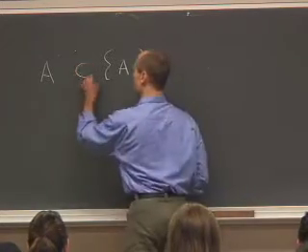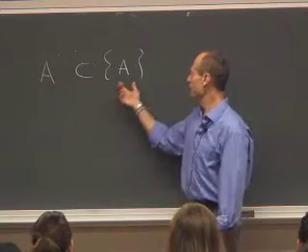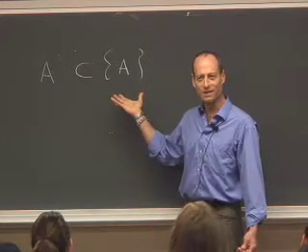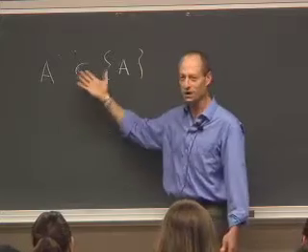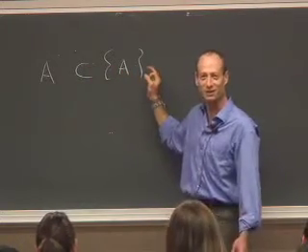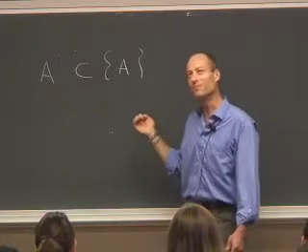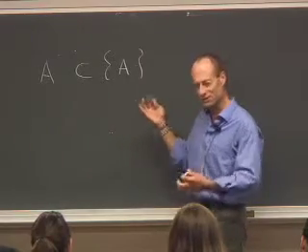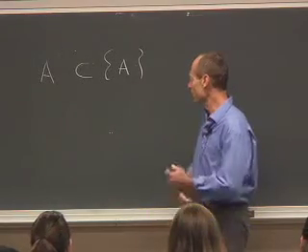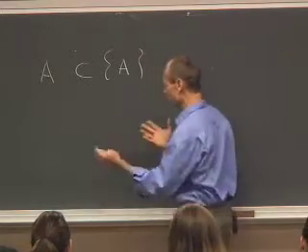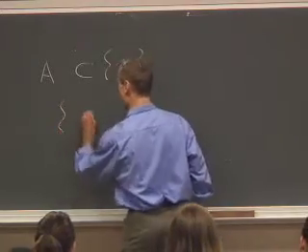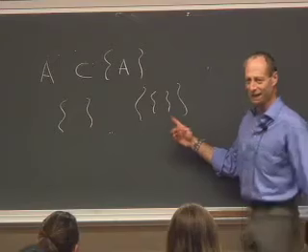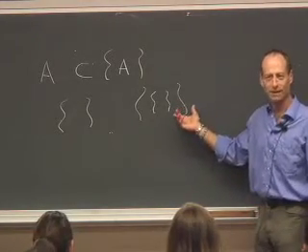Okay? This is not a subset of that, because it's an element of it. It's not a subset of it, right? It's not itself the kind of thing that is collected here. Well, I mean, you can think of an element of a set as being a subset of size 1, but it's a slightly different notion. So in this Russell-Whitehead notion of building up mathematics out of the empty set, this is an empty bag. This is a bag that has an empty bag in it, right? There's something in it, an empty bag, right?